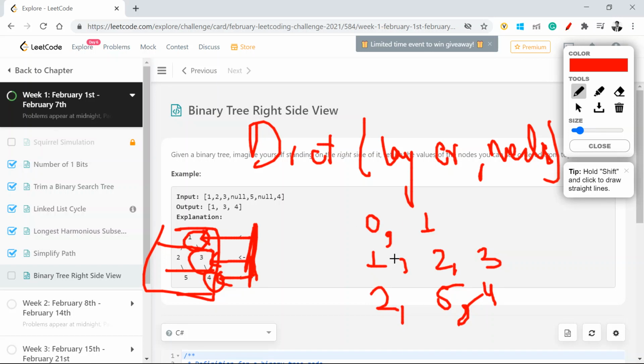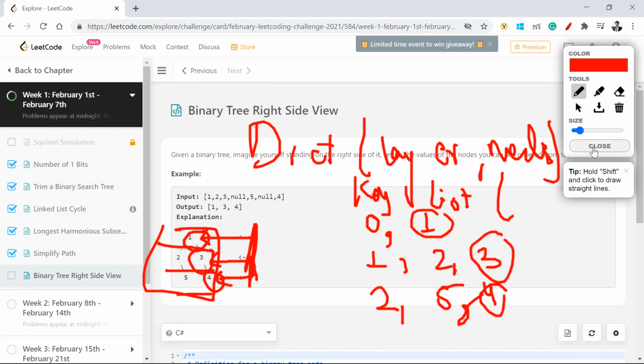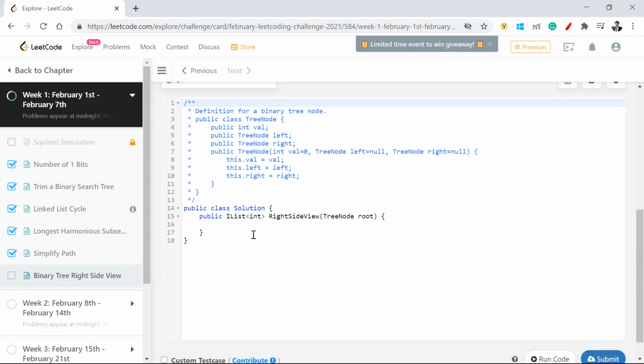If I look at this, this is the key, this is your hash map, and this is your list. If I iterate through this list, all I need to pick is the element at length minus 1, which is the rightmost index. With this, let's get on to the coding and see what needs to be done.